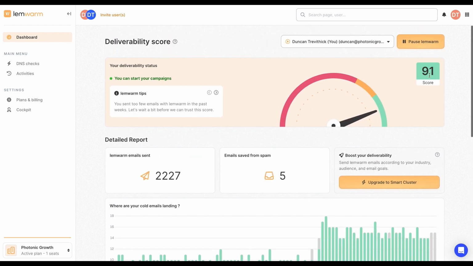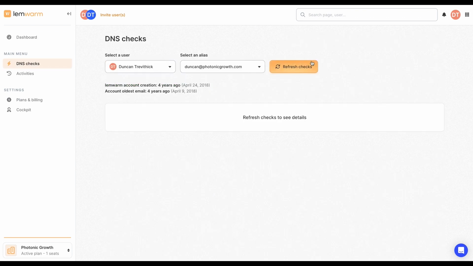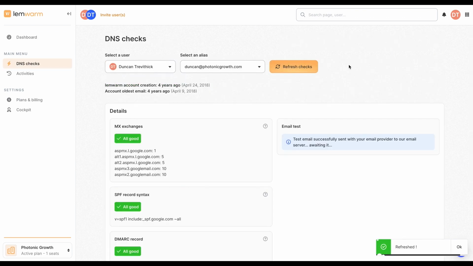And it gives you a score. So it's pretty good here. And it's apparently saved 5 emails from going into spam. This is what you want to see. So currently it's running. You just want to leave it running the whole time, basically. There's some other features in here, like you can check your emails are all set up correctly, but basically,